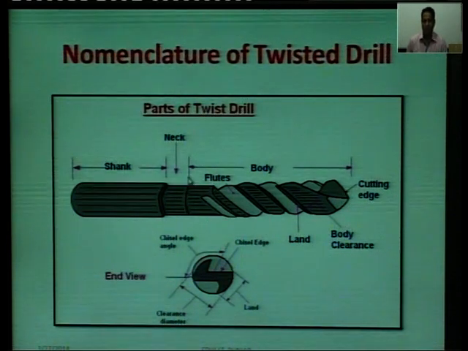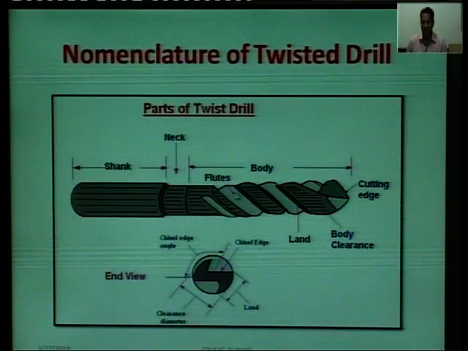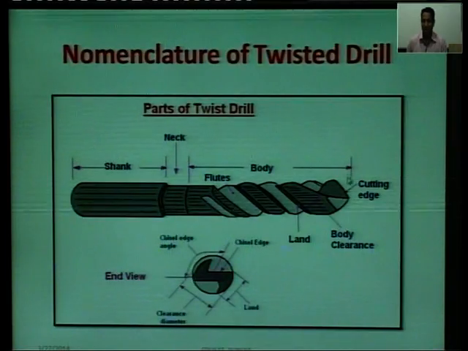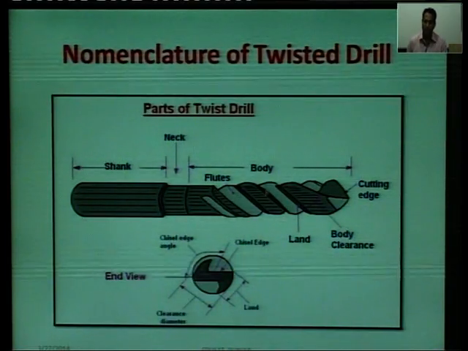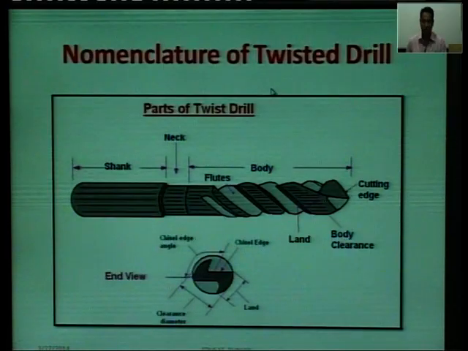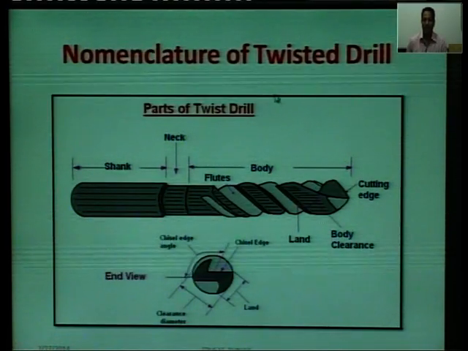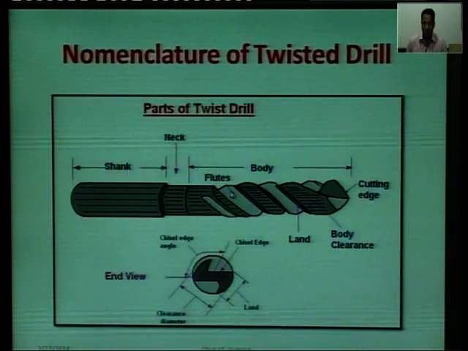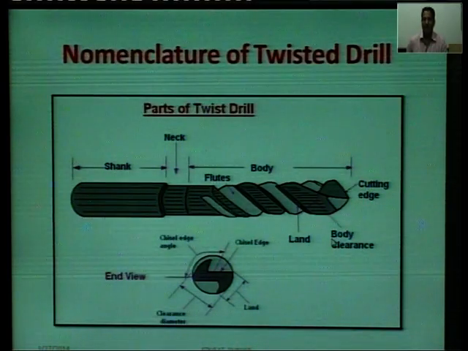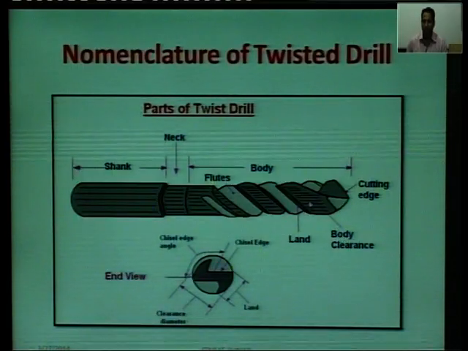From this end of the neck the body starts, and the flutes start. Now you see, the flutes are twisted, not straight, and we are studying the nomenclature of the twist drill. You can see these are the flutes, and in the flute this is called the flange, and this is the body clearance.